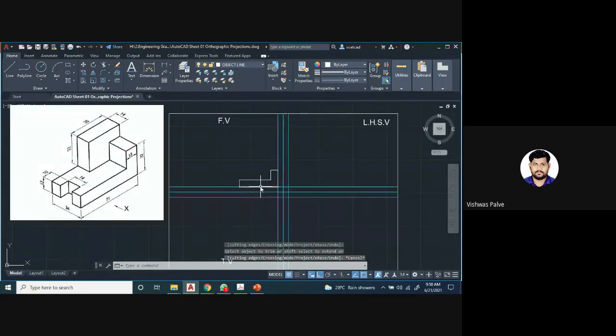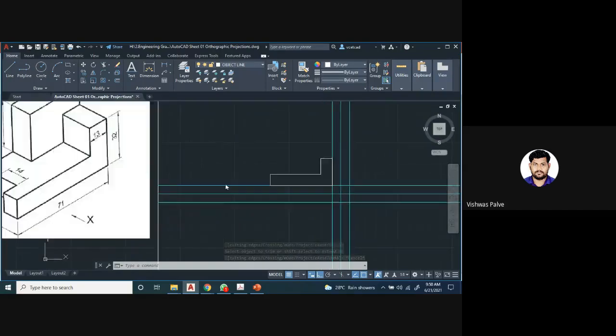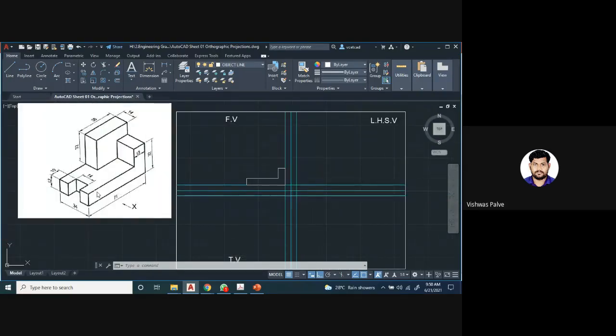Is it visible? What exactly have I drawn? Whenever we observe it from the front, you will get this L shape. So this portion I have drawn. Then what else are we going to see in the front? You can see this 32 millimeter from here. 32 plus 13, how much is that distance? Total vertical distance. You have to use the calculator while solving the numerical. 45 millimeter is the vertical distance here.